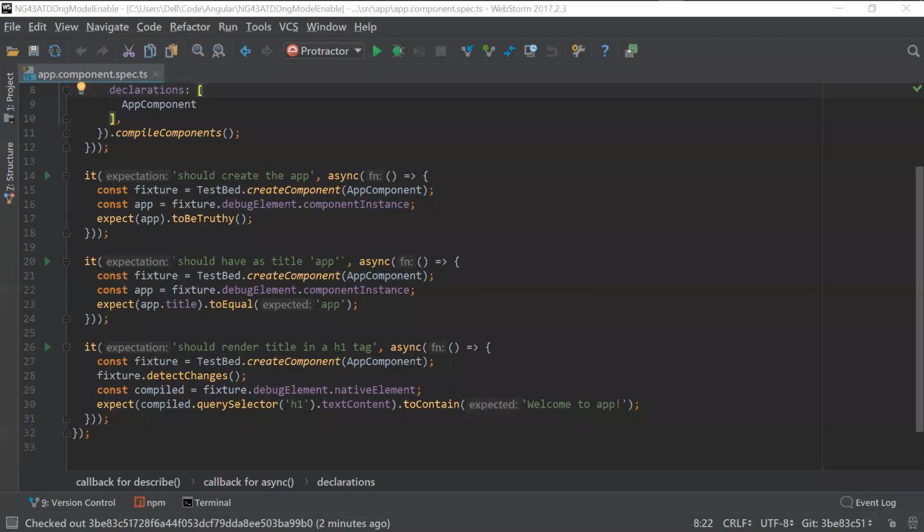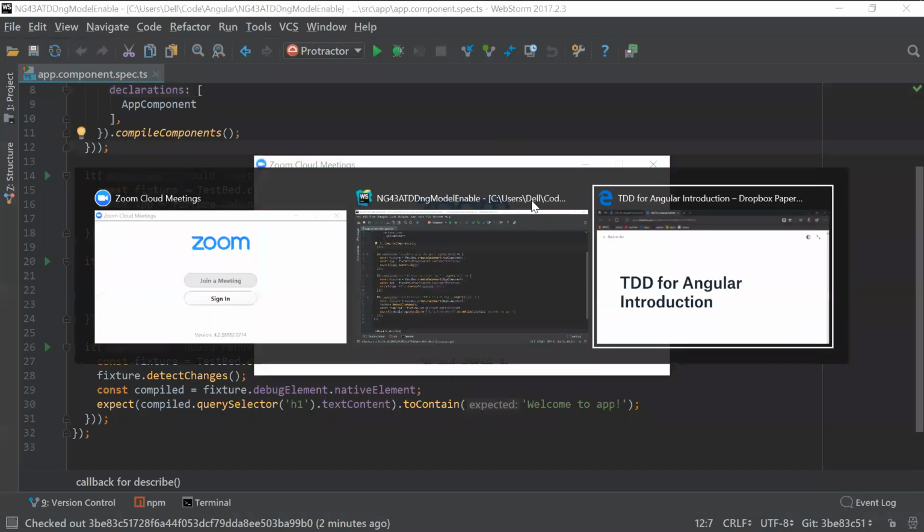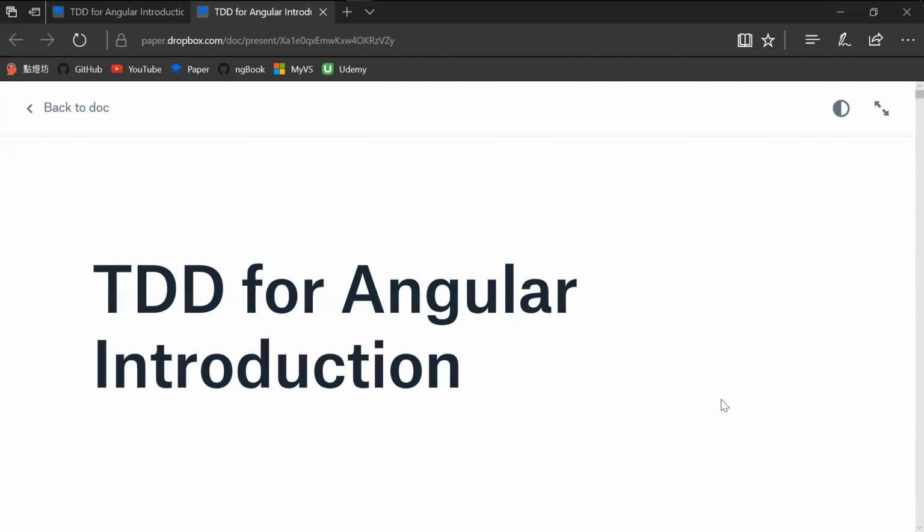Um, are we starting? Yes, yes. Okay, we're starting. Okay, my name is Sam, and I want to share this topic, TDD for Angular